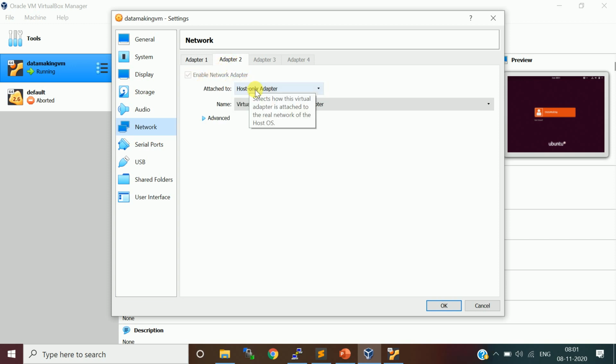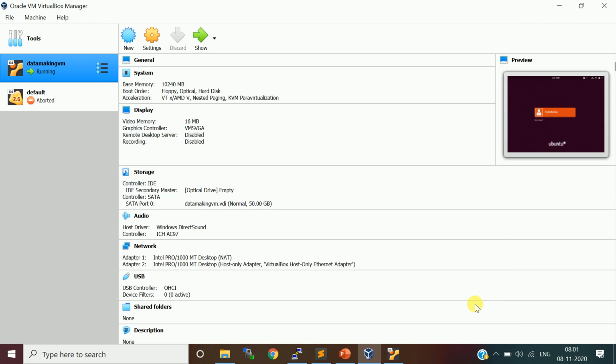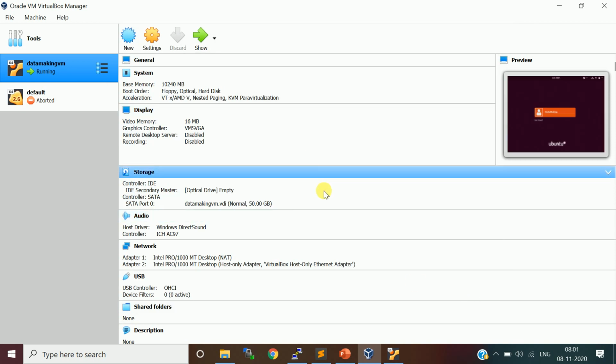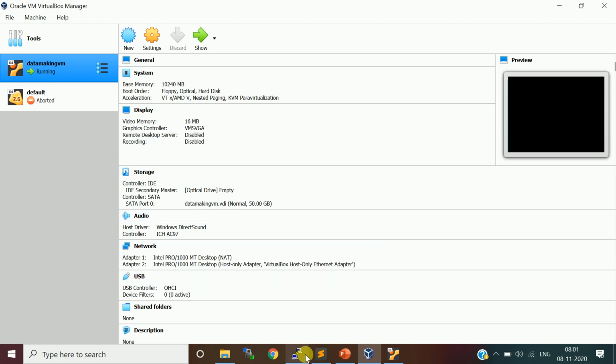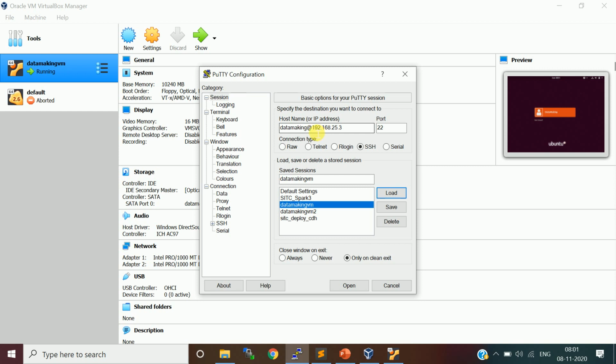You can check it and choose host only adapter and VirtualBox host only Ethernet adapter. You can start the VM and find out the IP address of that VM, which will be in the range 192.168. For me it is 25.3. For your case the last two parts of this IP address might change.